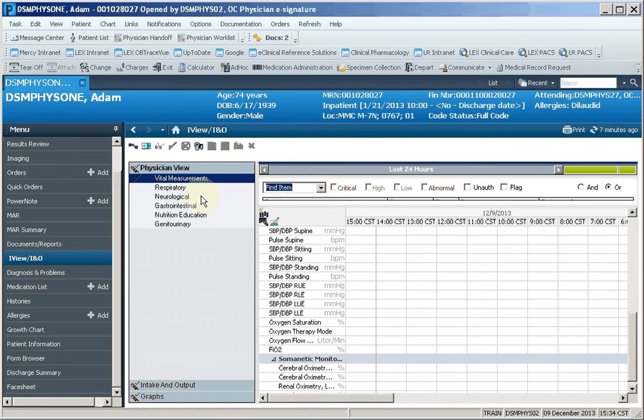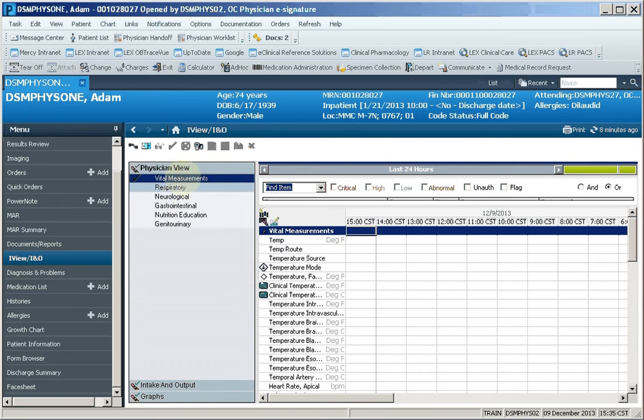I want to show you the last 2 things that you can customize with this, but that's when all of those would pop up, and then you would have these blue bands with all of those other headings appearing. But once you do that, and you want to customize each individual view, so I'm on vital measurements. Vital measurements is here to the right. You have these 3 icons here, so you can